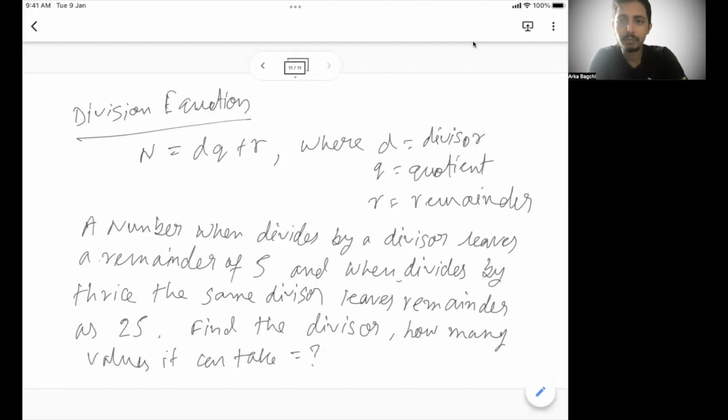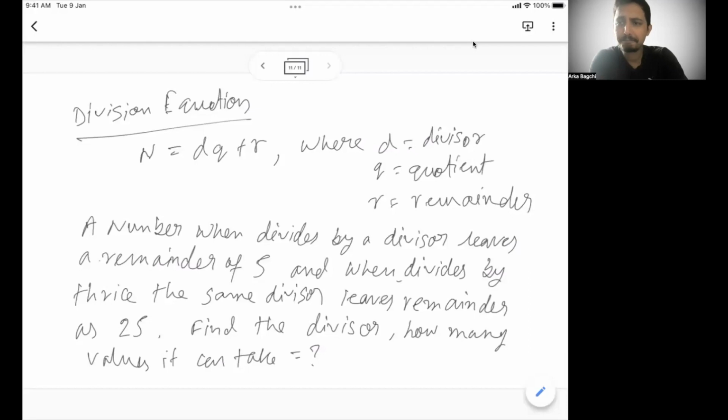Or if you are not able to solve it, or if you're seeing this video for the first time, I would highly recommend going through the recording of the previous session, which is our second session on number system, and that's where you will be able to understand how we are doing the number system problem. So the first two sessions on number system, if you have not gone through them, please go through them. I'll put the link in the description box and you should be able to see them.